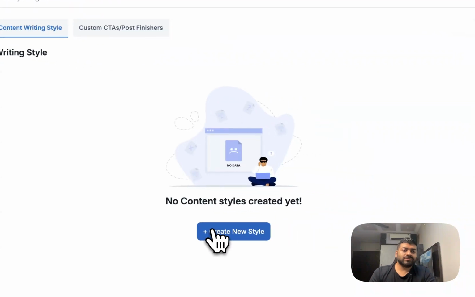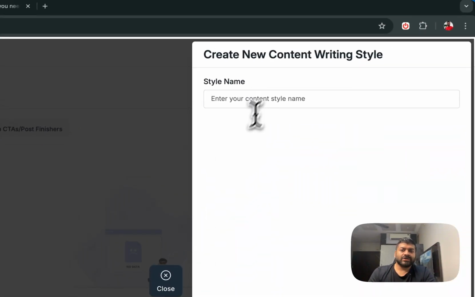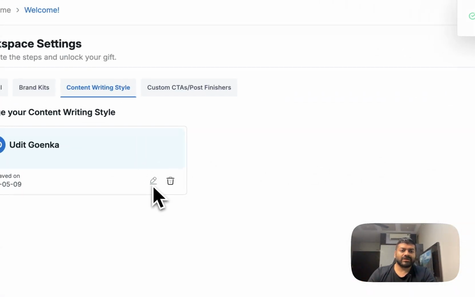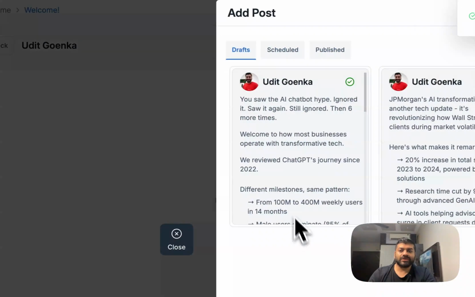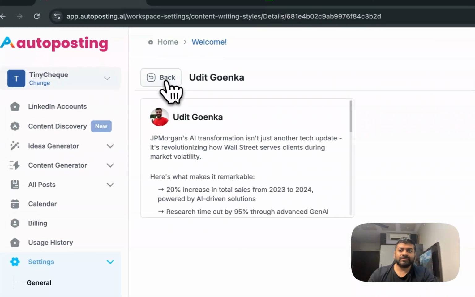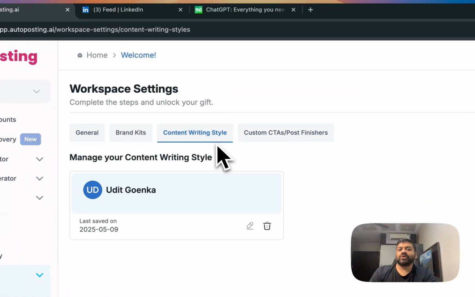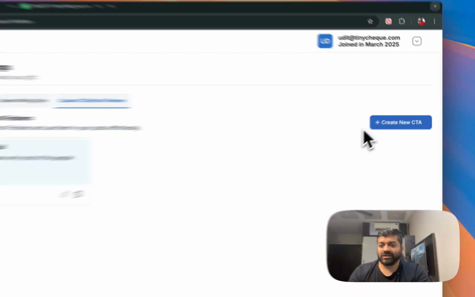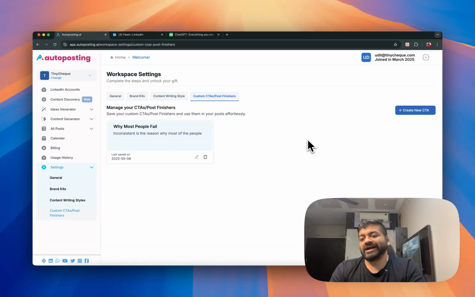Here you can also manage your own content style, right? You can write, so for example, if I write Udit Goenka, right? Now I can manage my own content style over here, so I can add my own content. So for example, this, I'm just going to add this, right? So you can add your own style over here if you want. That also helps you out. And also, if you want to add a certain CTA, you can add those CTAs and those contents are